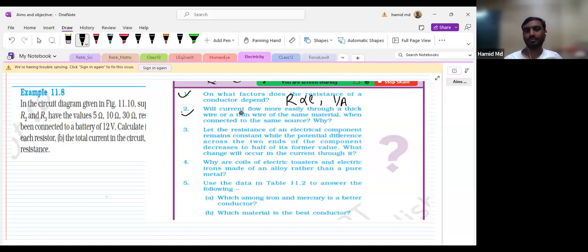Yes, sir. Does current flow more easily through a thick wire or a thin wire of the same material when connected to the same source? The thick wire. R is inversely proportional to A, right? Yes, sir. I'm just writing it with 3 equal signs. So if it is thin, that